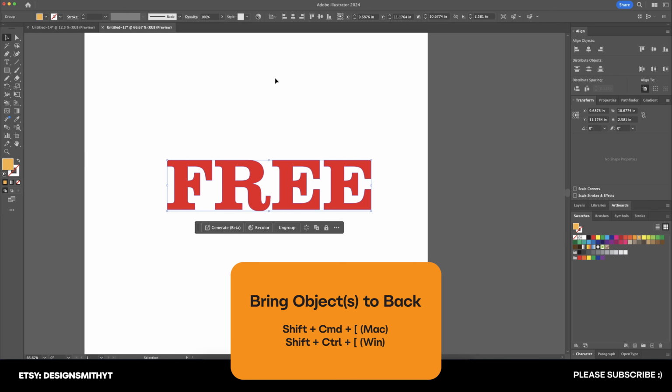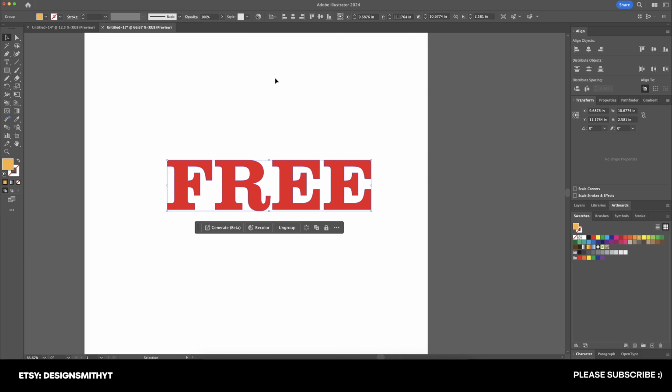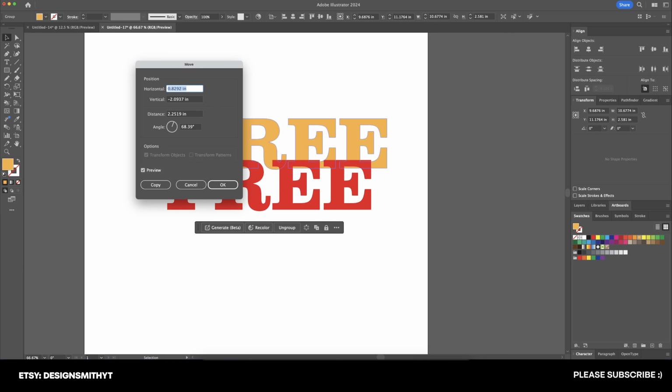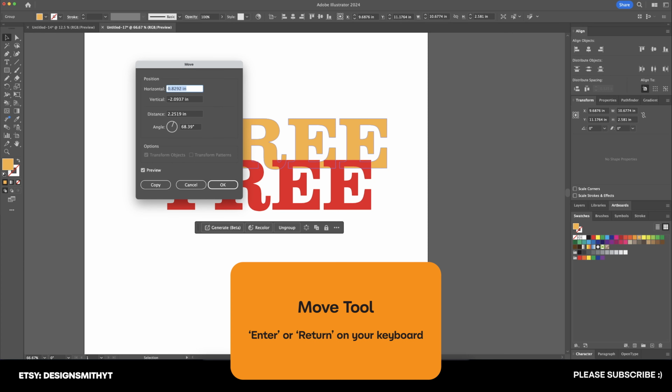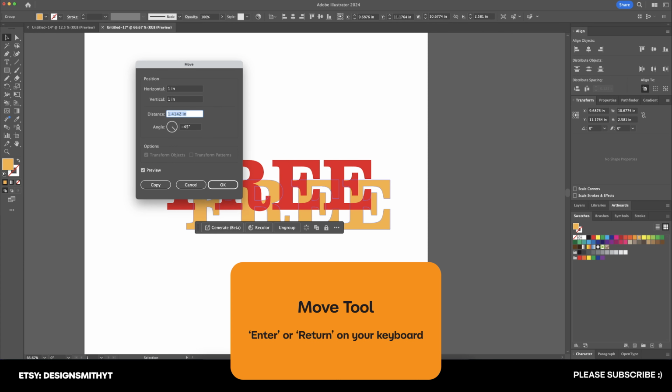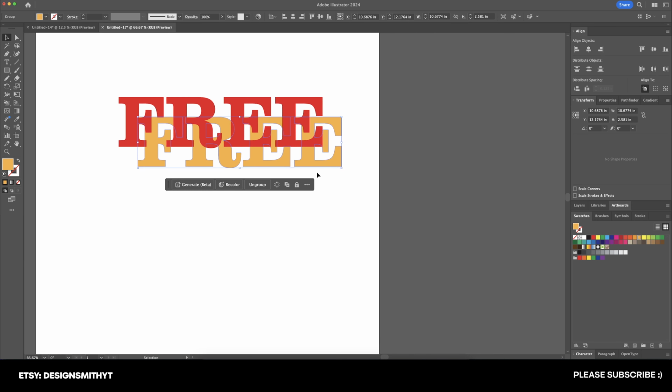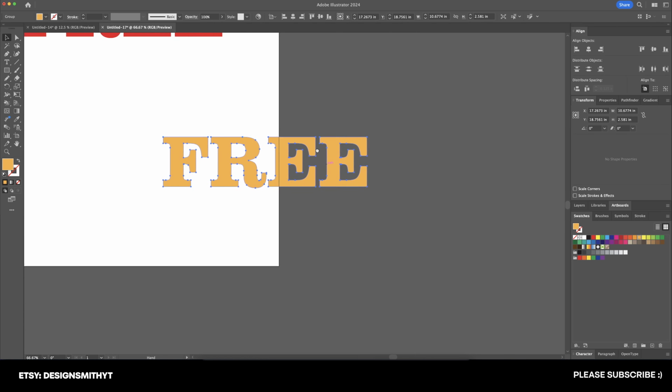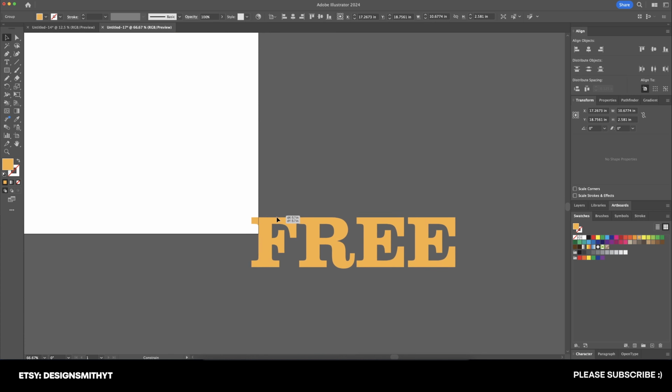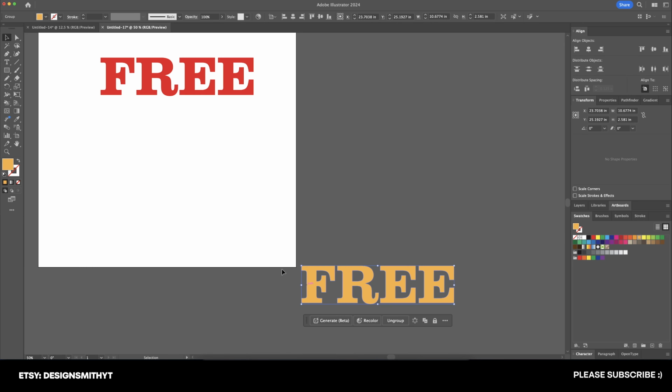And now with that orange text still selected, we're going to do the exact same thing again. Command C and Command F. And now we're going to hit Enter on our keyboard, and that's going to bring up our Move tool. So let's just put in 1 for both of these. That way we can get this out of the way to where we can move it. And let's move this all the way down here because we want this to be outside of the bounds of